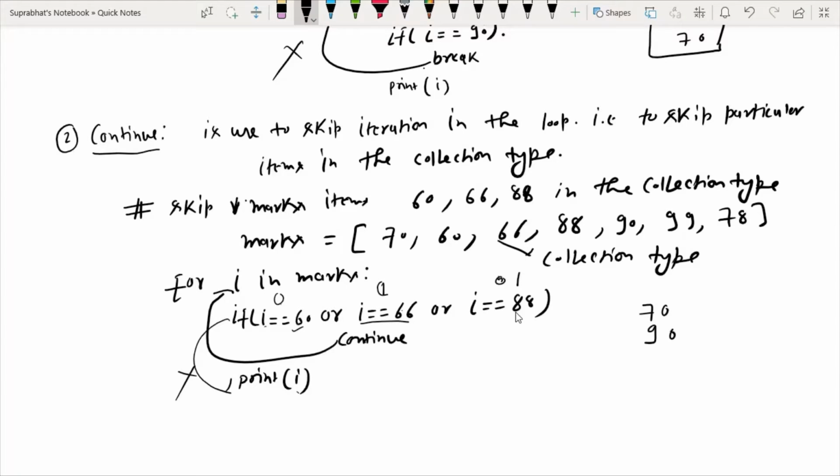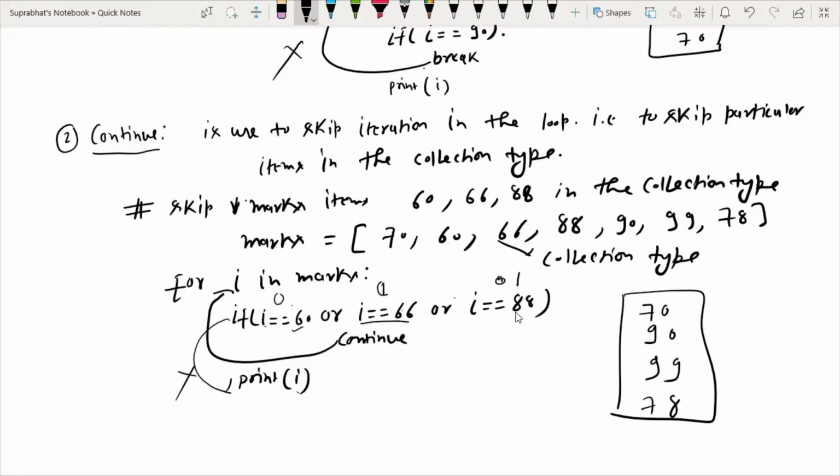Again 99 comes; it does not satisfy any condition, so 99 is also printed, and the same for 78. So the continue statement simply skips the particular item or items from the collection type.